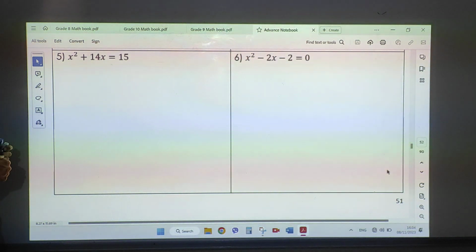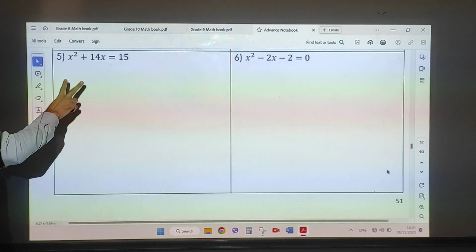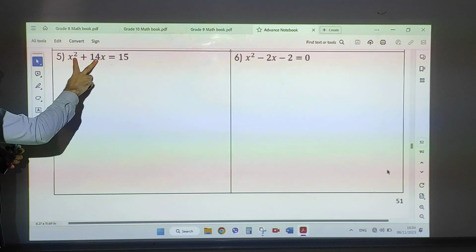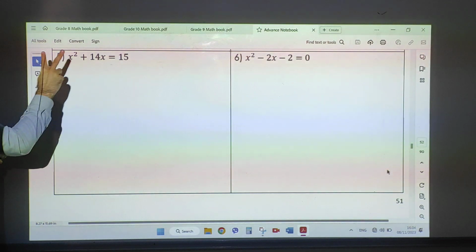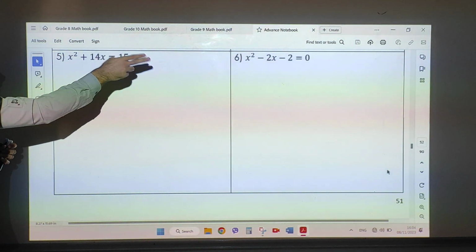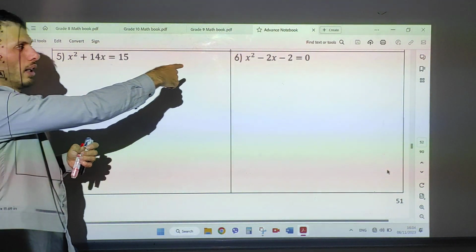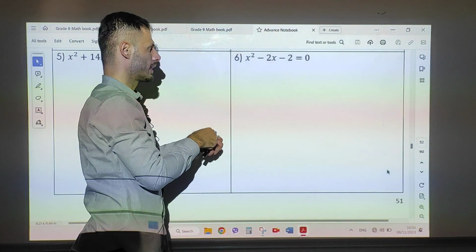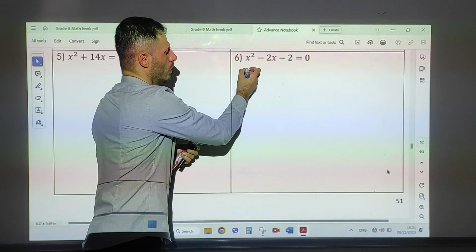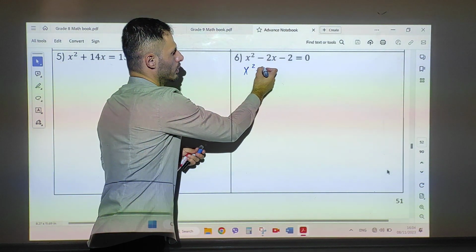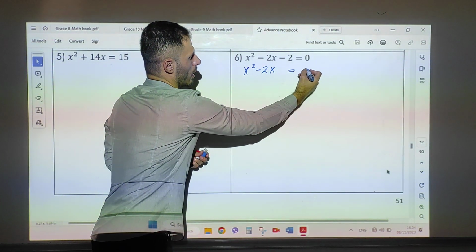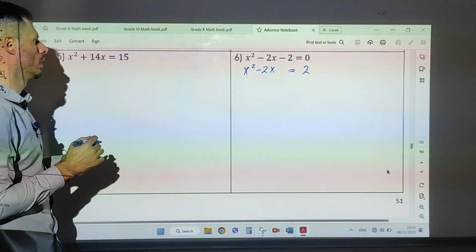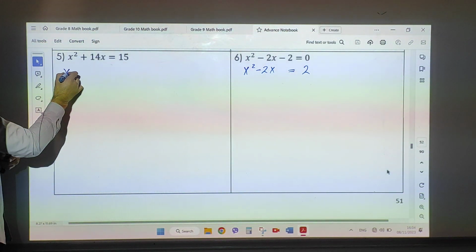In completing the square, the first step, you must put x power 2 and x on one side, equal to the number on the other side. In this one, we do the same. You must arrange at first x power 2 and x on one side, then equal the other number to the other side. Yes, it's already,